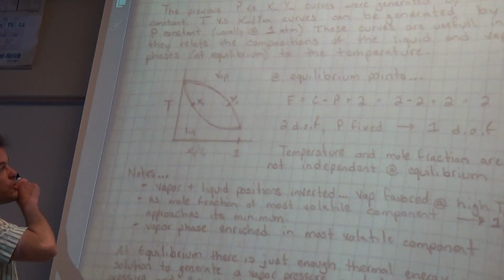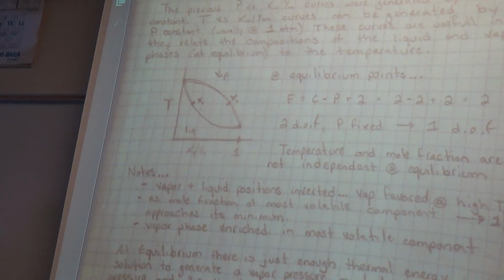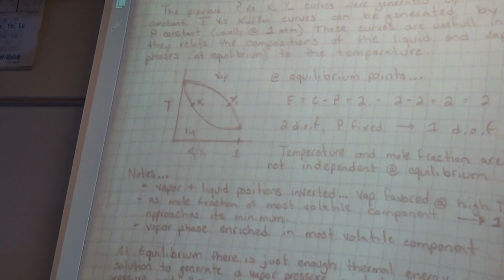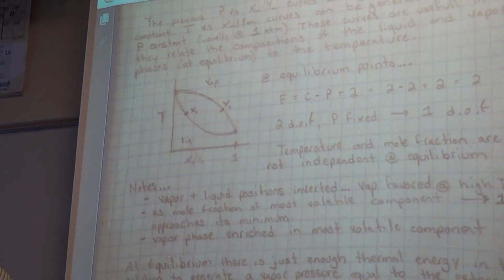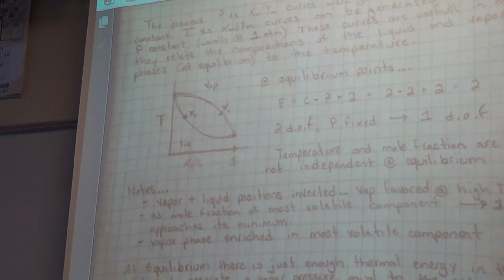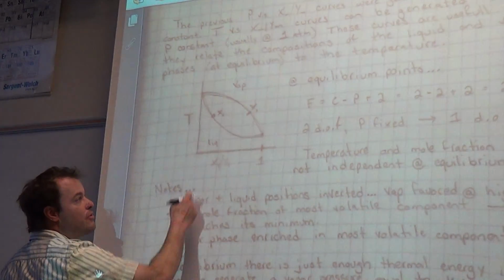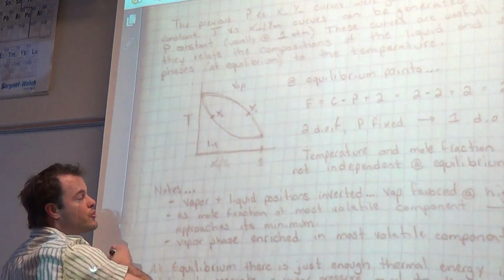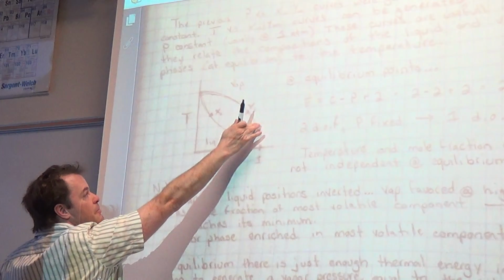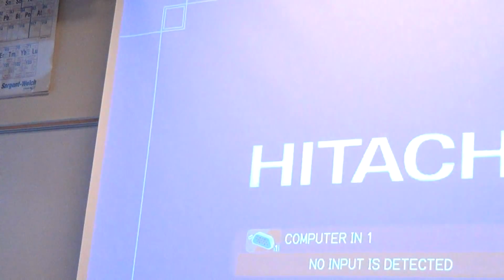So when we've got that situation where the AA interactions, BB interactions, AB interactions are all roughly the same, then what ends up being the dominant factor is which of these has the highest vapor pressure, which one is the most volatile. And if on this graph I'm drawing the mole fraction of the most volatile component, which you can tell because when we get to mole fraction equal to 1, the temperature is the lowest, then the vapor will always be enriched. The vapor will always have a larger mole fraction of that component